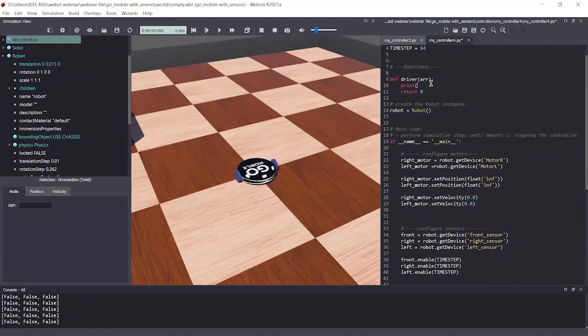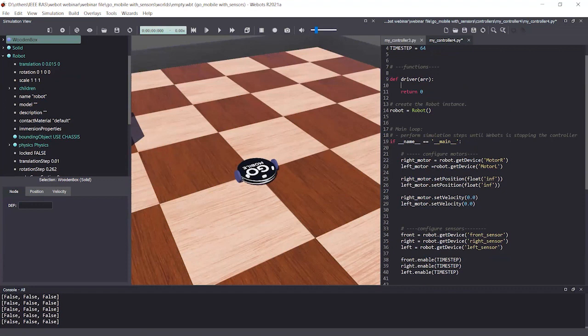so now think you are a driver. What will you do? You look at the right side and left side and front side, and then you are going to take some action.